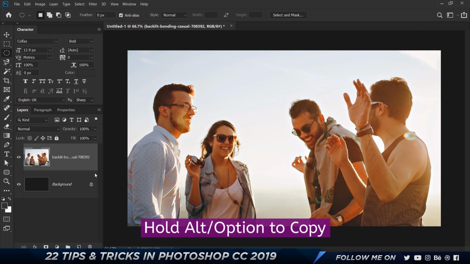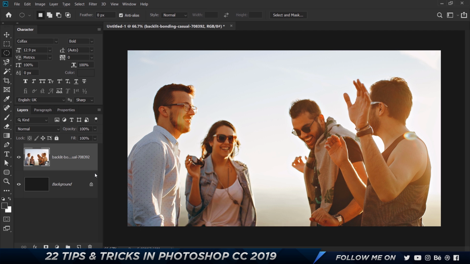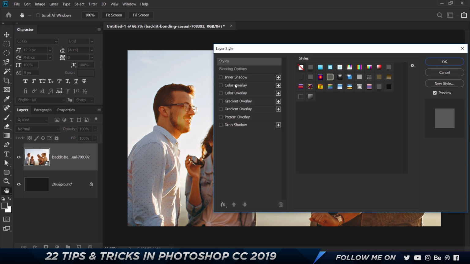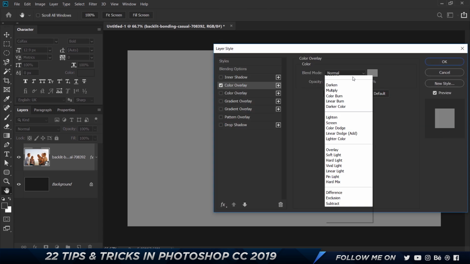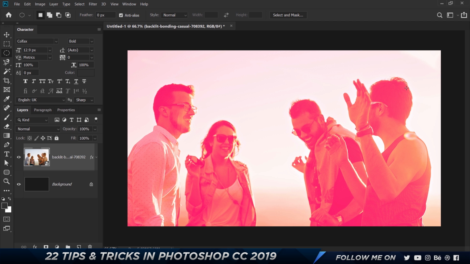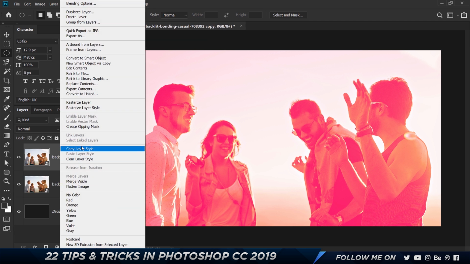Okay, now this is something that you guys might or might not know, but if you want to copy layers, for example, I want to copy a layer style on this. Let's go ahead and quickly add in a color overlay, and we could set this to lighten and just change it to a pink color. For example, it looks like this, and I'm gonna make a copy of this. All right, and I'm just gonna delete the layer style,